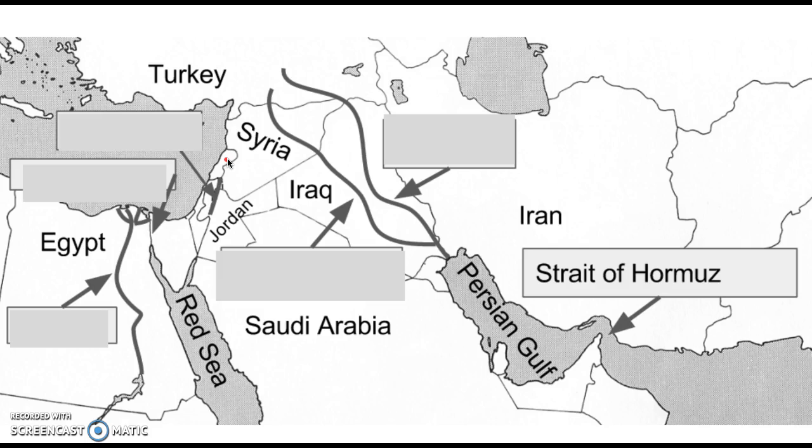All right, go ahead and flip your page over and let's look at some other important rivers and waterways we want to be familiar with. I'm going to give them to you on the map, and then I'm going to have you write the important information down on the graph as we go along.